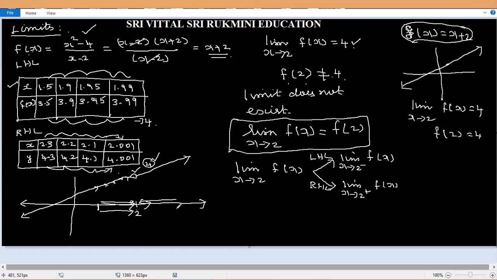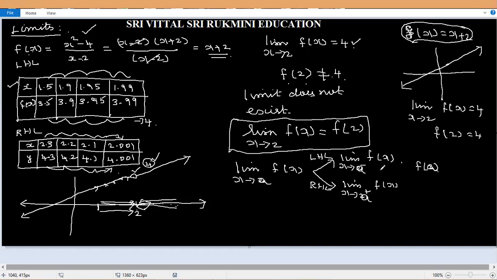Here the limit approaches 2 from the higher values of x, like 3, 2.9, 2.8, 2.5, reaching 2. So that is the right hand limit. And f of 2 is the value at that point. Suppose limit x tends to 2 minus. Generally, I'm writing it as a instead of 2. So that is a minus, a plus, and f of a.